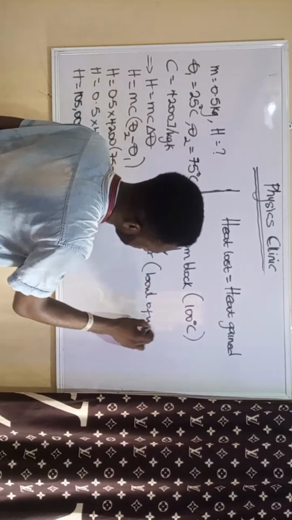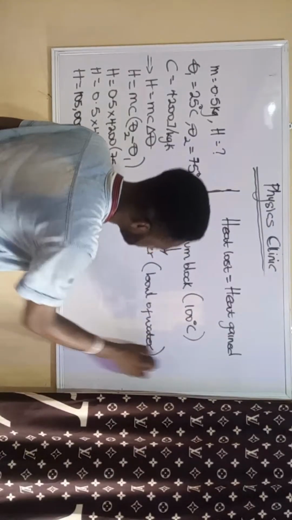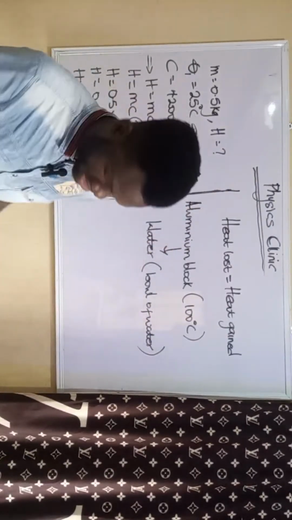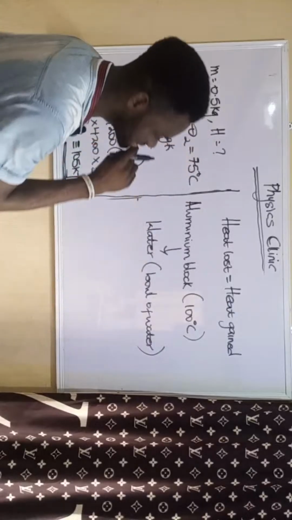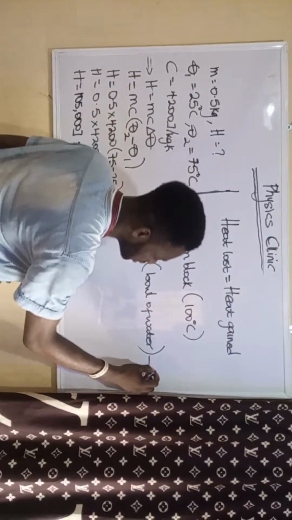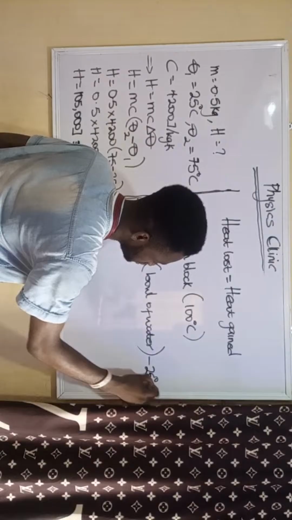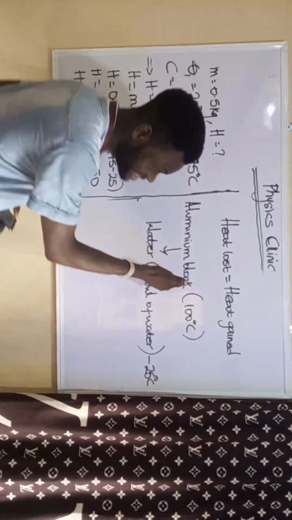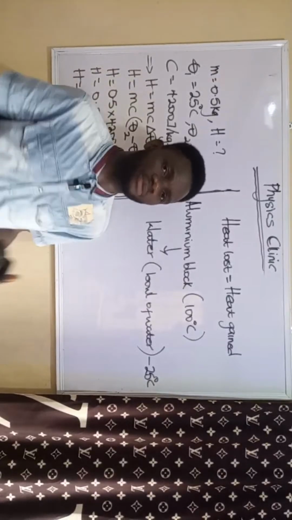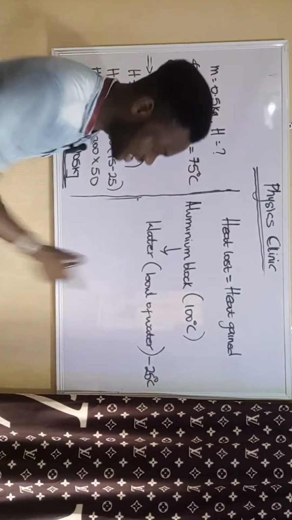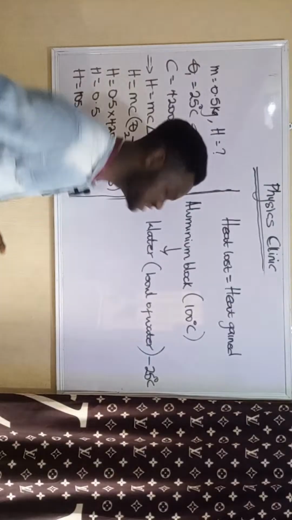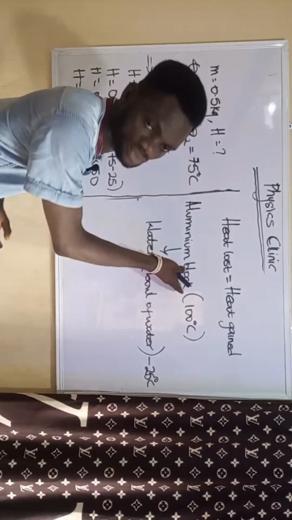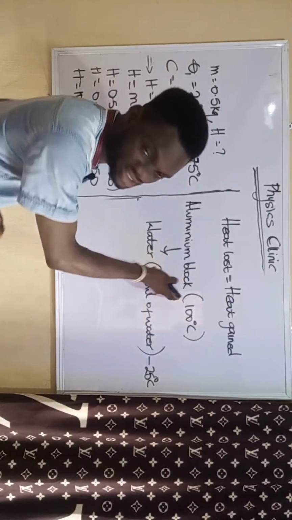If my water is at a lower temperature of 25 degrees Celsius, what I'm going to observe is that the aluminium block, being at a higher temperature, hotter than this water at 25 degrees Celsius, loses some part of its heat